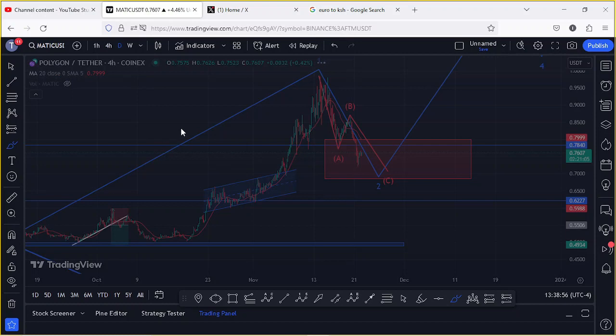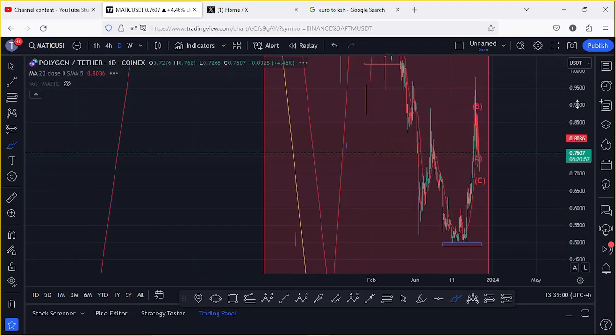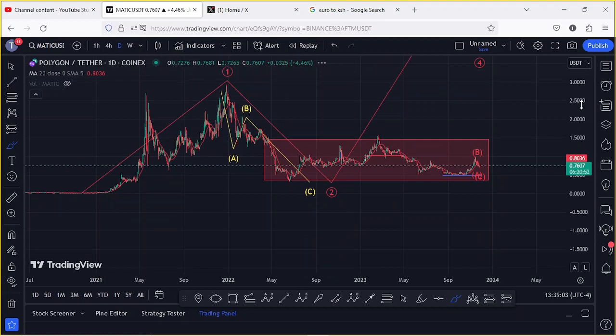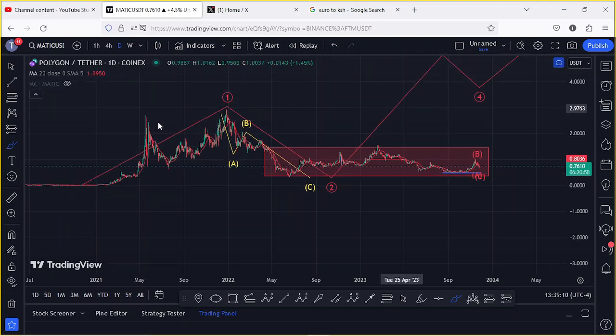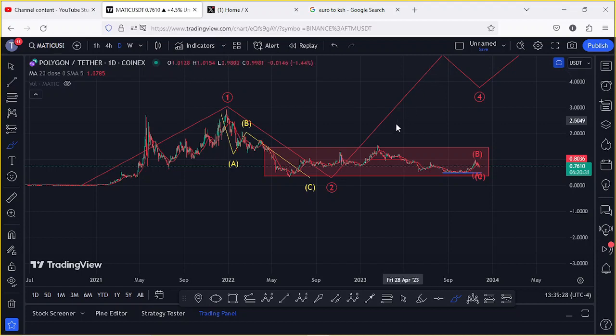Jumping to the daily chart to now give you my long-term Elliot wave analysis that I'm expecting to play out once the bull market is here. Here on the daily chart, you can see that after seeing our lows back in 2020, we saw this aggressive move taking us to an all-time high above the $2.9 mark, completing the formation of this Elliot wave count 1 to the upper side. And after seeing the formation of that first wave, we saw a bit of a pullback in the formation of this wave 2 into the minimum target area highlighted on the charts using this red target